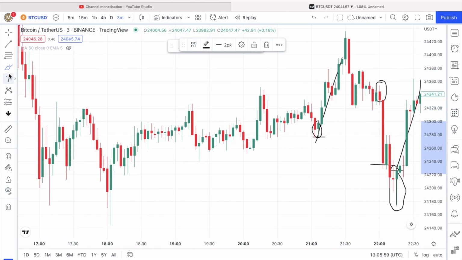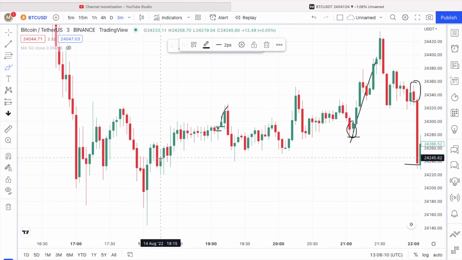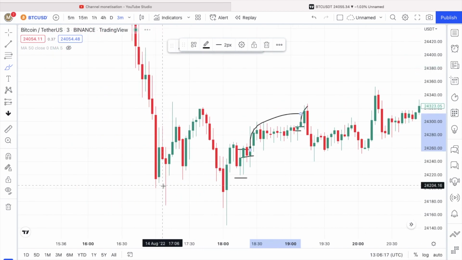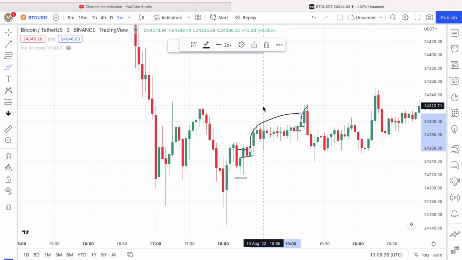So look at this level now. Look at this place now. You will see that at this level, the hammer appeared. If you had made your entry, you would be in this profit. So if you keep going again and keep checking, you see at this level now, the hammer appeared. If you had made your entry, you would definitely be at this profit. So what I'm saying is that this is an advanced technique, but I just simplified it so you can understand exactly what it is. So if you go into 10 trades with this, I can guarantee you that you will get six